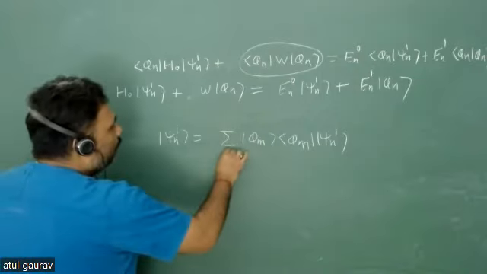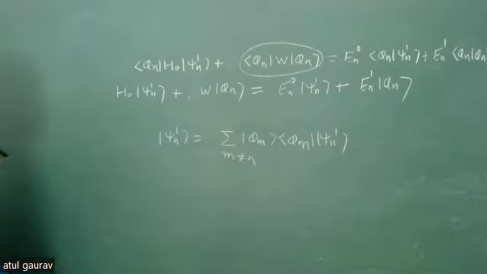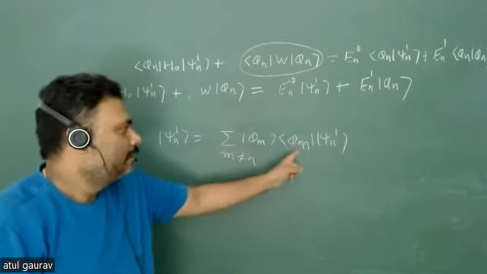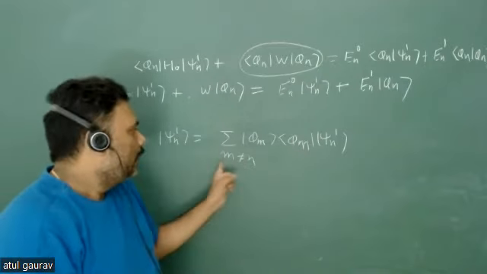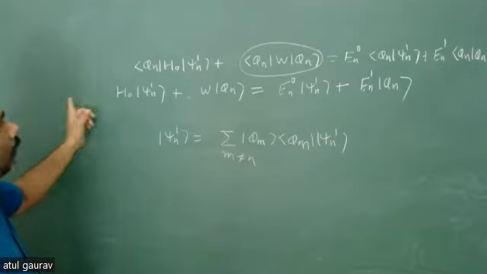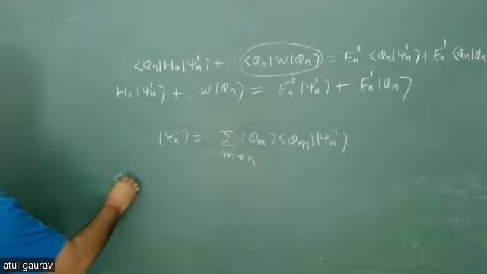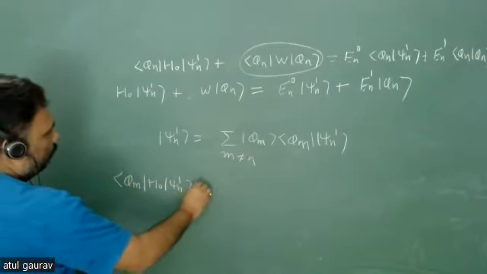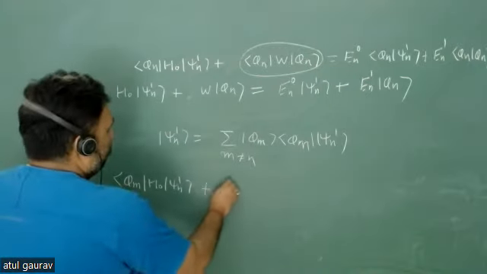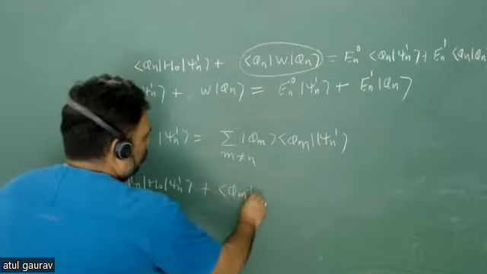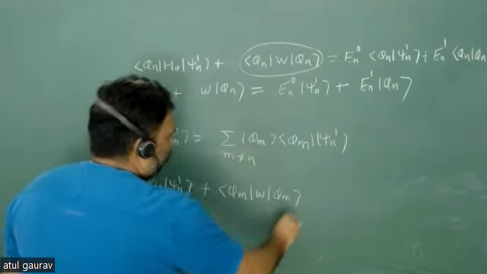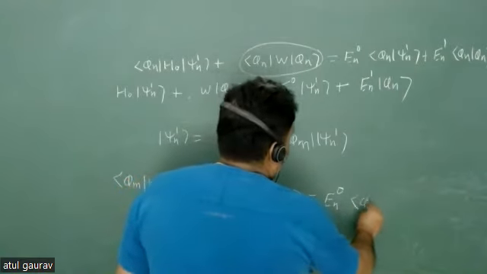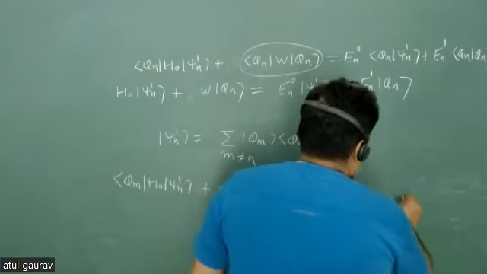But here we are just taking m is not equal to n. Are you comfortable? Because if m is equal to n, then this value is 0. Yes, sir. So we have to take m is not equal to n. So now again we have this term and let's try to go for phi m H naught psi n1 plus phi m W phi n is equal to En0 phi m psi n1